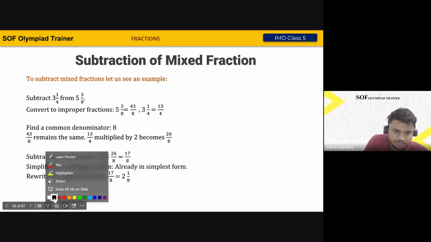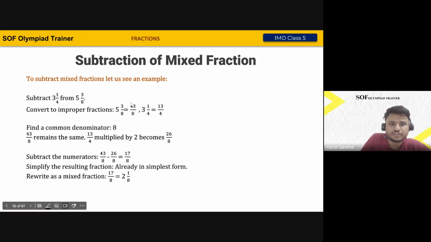Of mixed fractions. Okay, so now let's understand with the help of a question. It is: subtract 3 and 1 by 4 from 5 and 3 by 8. Students, firstly we are going to convert these mixed fractions into improper fractions. So 8 times 5 is 40, and 40 and 3 is 43